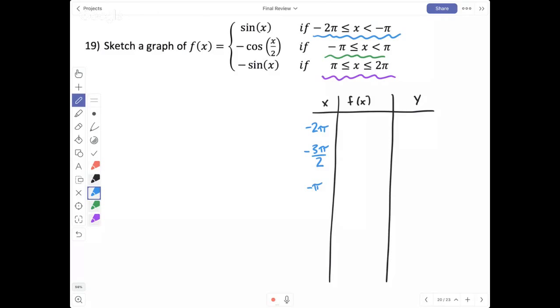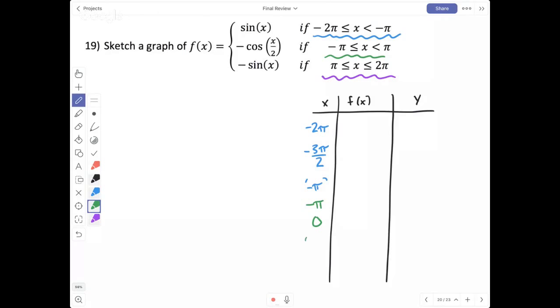And actually, just for reference's sake, I'm going to do negative pi twice. I'm going to do negative pi in blue, even though I know that negative pi is not defined in blue. I'm going to put it in quotation marks. But just because I want to reference it, I'm going to also show negative pi in green, because I want to think about what's happening at that negative pi. I really want to know, in order to graph, does the blue one match up with the green one? So I'm going to check in blue what happens at negative pi. Okay, and then I also want to know, how about 0?